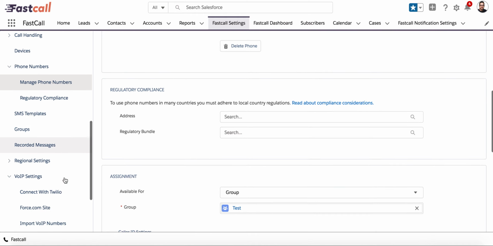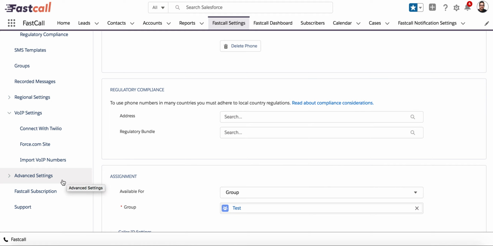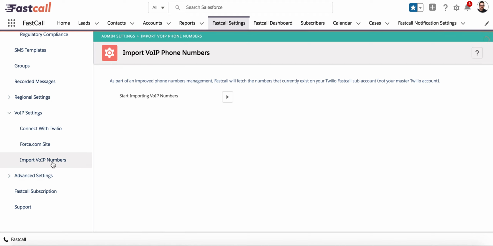Now, when we import phone numbers, when we import numbers that have been ported, we're using this custom button here. We're going out to Twilio and saying, hey, Twilio, is there anything new that we don't have currently? And it will go out and look for new numbers, both verified and provisioned, and we'll pull those in. But we've had an instance